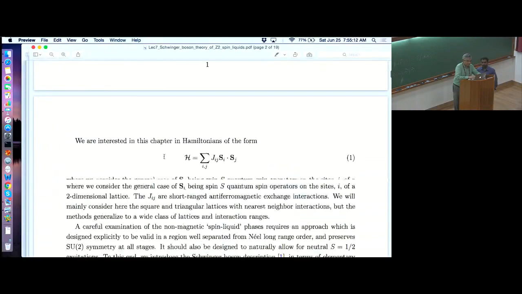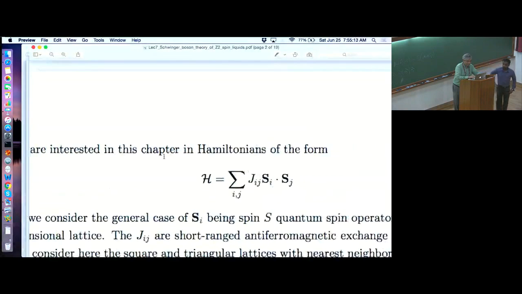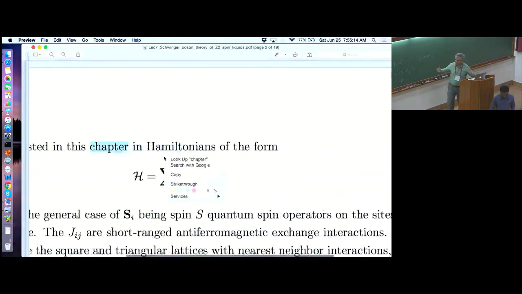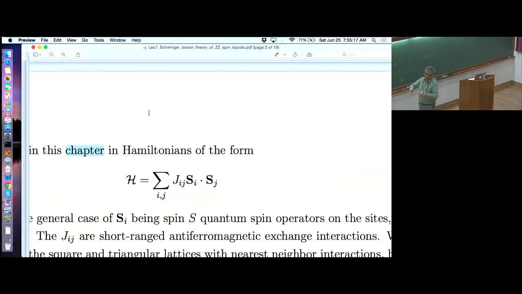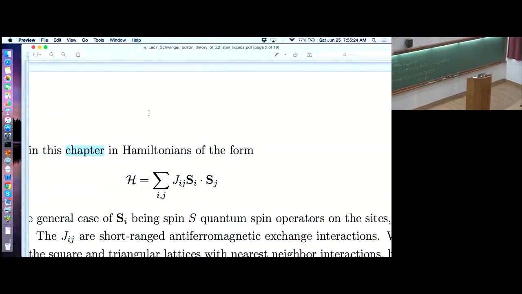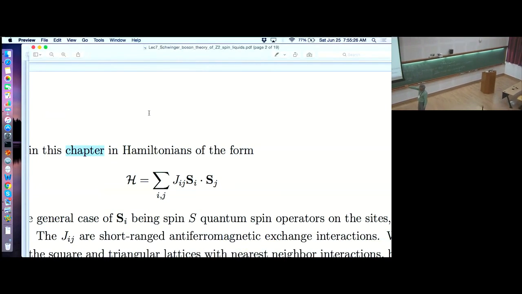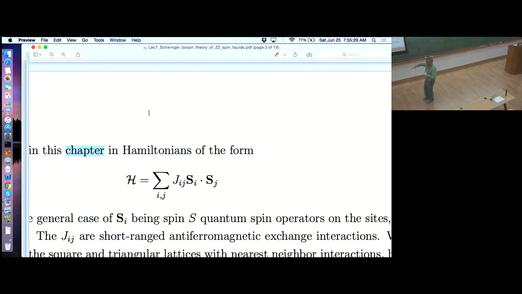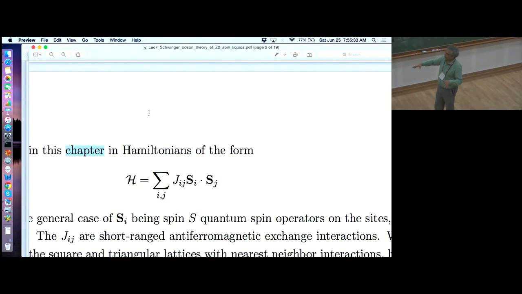All right, so we start with this Hamiltonian. Just on the square lattice or some frustrated lattice? So let's say the triangular lattice, where this is the simplest. Okay, so we're going to do a large N theory of this. And if you do it just right, and you follow all the rules, and you think carefully, in the end, you end up with a structure which is very similar to the Z2 gauge theory.